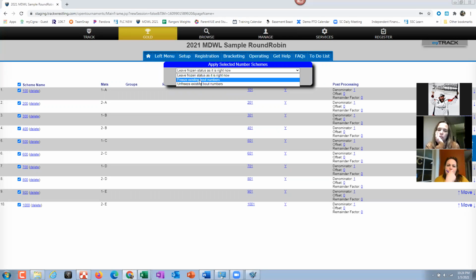This is if you've already written people's numbers. If not, you can just leave it. It all depends when you're deleting people. What we agreed to do is that any scratches on the day of, you just skip them at the table. So that's what we did with Garrett. We were very lucky because we didn't have a lot. We were very lucky, we didn't have any.